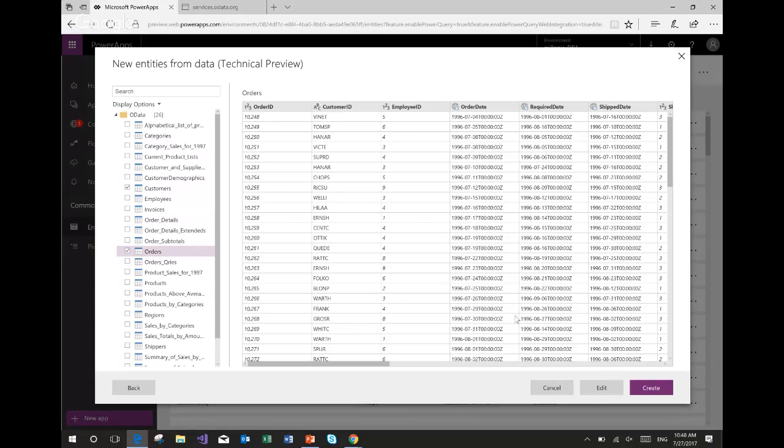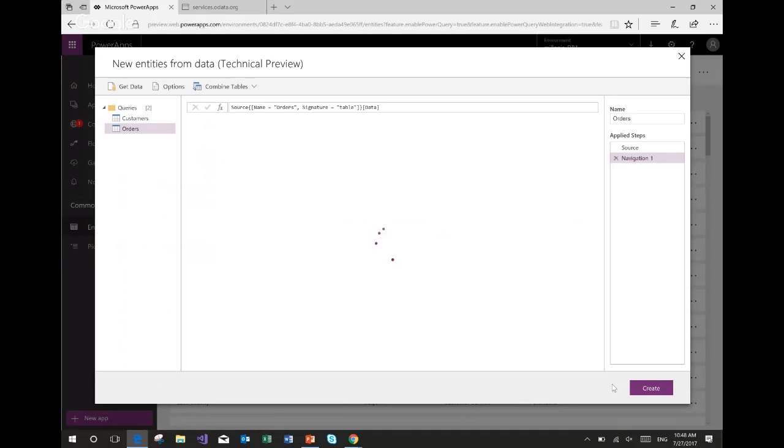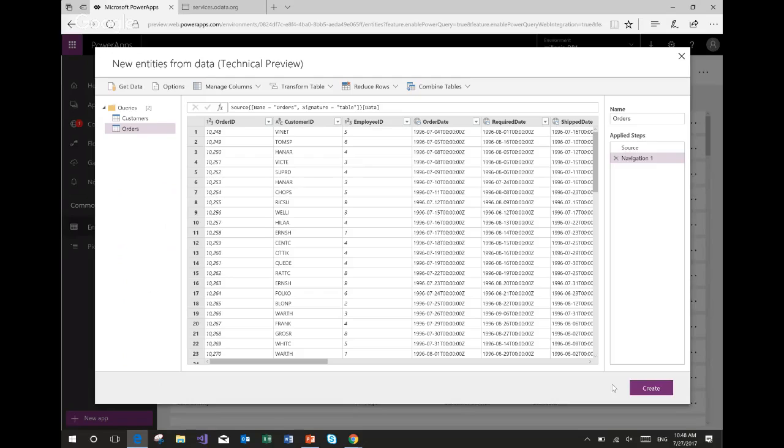And at this point, I could do two things. Well, I guess I could do three. First, I could cancel out if I'm scared and I want to walk away. Or I could click create. If I click create, we would go ahead and start creating two new custom entities, one for customers and one for orders in CDS. Or I could go into the edit option, which will allow me to apply extra transformations or mashups on top of these two tables that I've selected. Let's do that. Let's click edit. And that will take me into the query editing experience, the main data prep environment that we provide with Power Query.